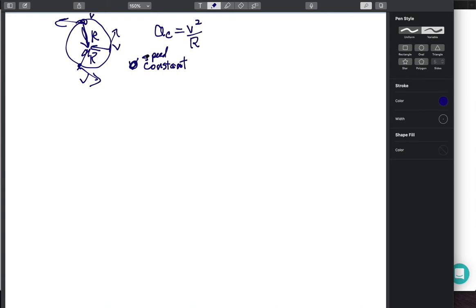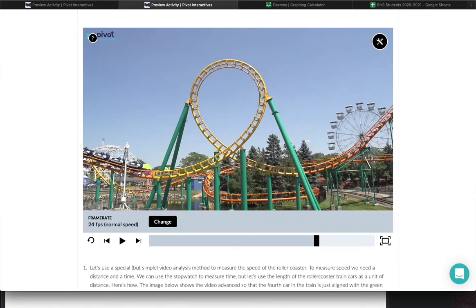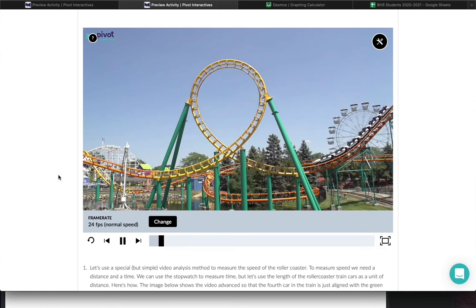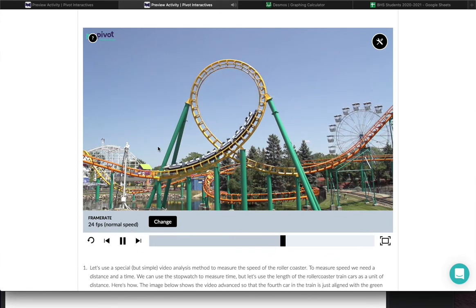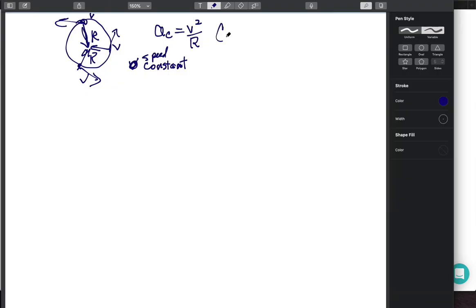So anytime something is being forced to move in a circle, it's experiencing acceleration not because the speed is changing necessarily, like in the case of the roller coaster. The speed here is probably the same, but the direction is changing. And that effect of the angular change is still a form of acceleration. You're definitely going to feel that in a roller coaster like this. So I hope it's fairly obvious that anytime something is forced to move in a circle, it's going to have this acceleration. And by the way, that's called